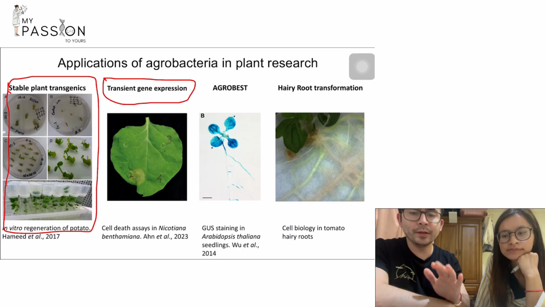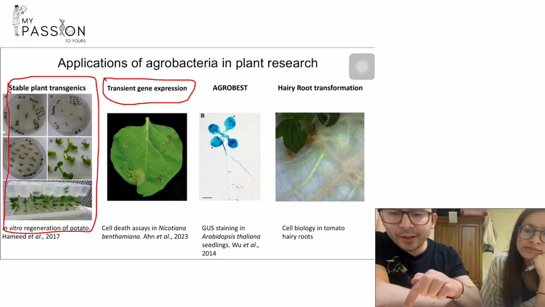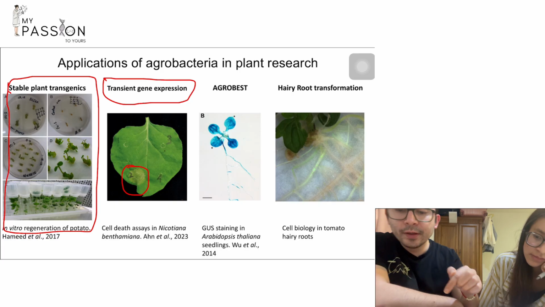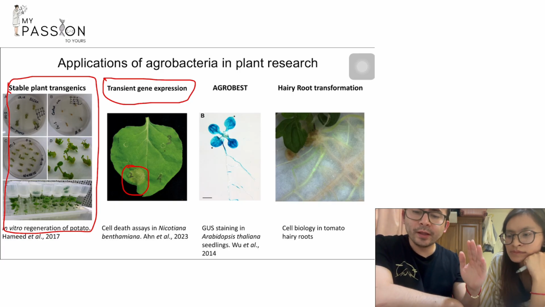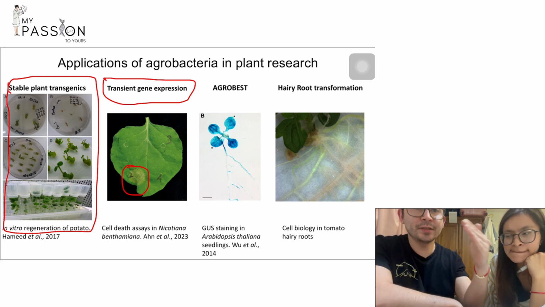The main method that has been established for this is called agroinfiltration. Here I want you to look at this plant leaf, and you see there is a small circle which is yellowish. That yellow circle is an infiltration spot that has been done with a small syringe, and it is yellow because the gene that is being expressed is killing the plant cells. So this person in this experiment successfully proved that their gene is making a phenotype in the plant cell. You can see that this happens very fast and it's very easy to do, and that's why it's so popular right now.